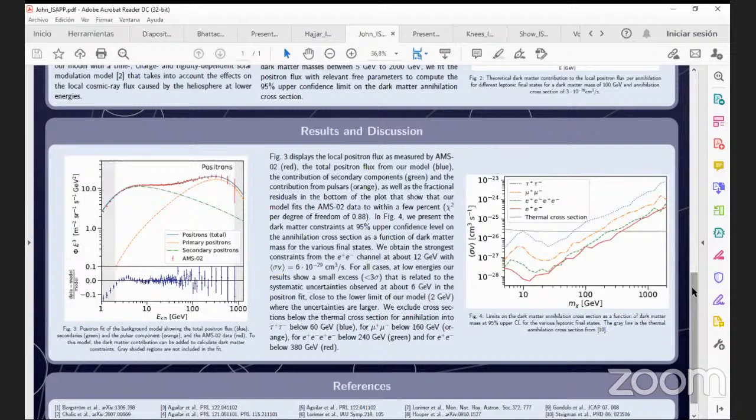Again, we have the two contributions. At low energies, we have a dominating contribution from secondary positrons, and at higher energies, we get the primary positrons from pulsars. This is just a background model, so it doesn't contain any dark matter yet. At the bottom of this plot, these are the residuals, data minus model divided by model. As you can see, our model fits the data quite well, to within a few percent precision. Then we take this positron flux and add a dark matter contribution to it. Could you please scroll up again?